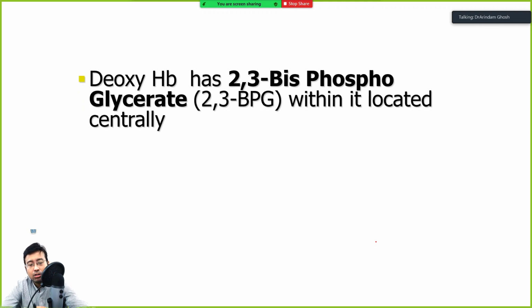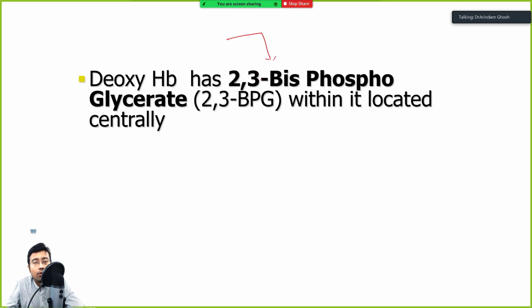Next, our last part of discussion, we'll briefly discuss the role of 2,3-bisphosphoglycerate, and how it helps in oxygen dissociation, what the structural changes are, and we'll be done with that, and we'll continue in the next class. So you should know in glycolysis 1,3-bisphosphoglycerate is formed, and there is a cycle, the Rapoport-Luebering shunt, by which 2,3-BPG is formed.